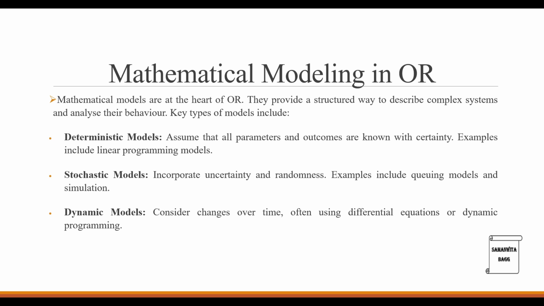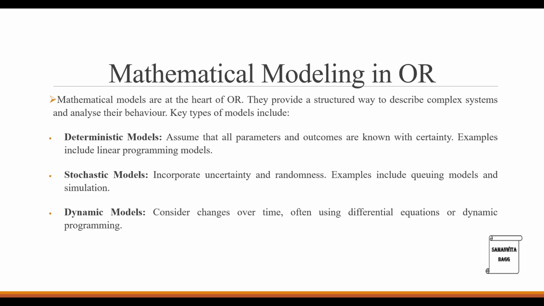Then there's something called a queuing model, wherein you figure out in which line you should stand for taking the ticket, for example, such that you get the ticket faster. Because generally we have a thought that if there are two queues for taking tickets, whichever queue you are standing in, you always feel that the other queue is moving faster. So we generally tend to believe this, and it actually happens. Even if you change the queue and you go to the other one, you start observing that the one you were standing in has started suddenly moving even faster than the second one. So these things do happen.